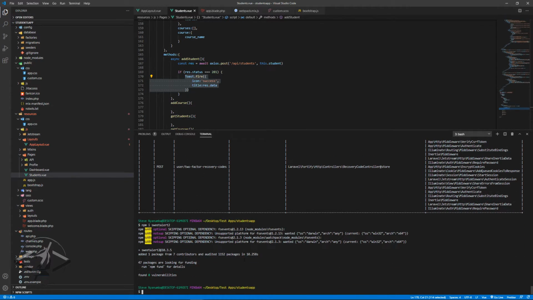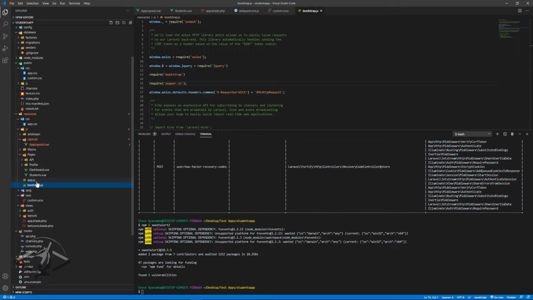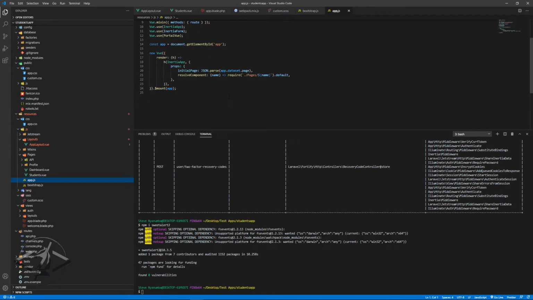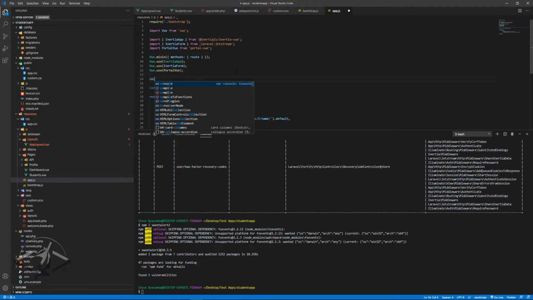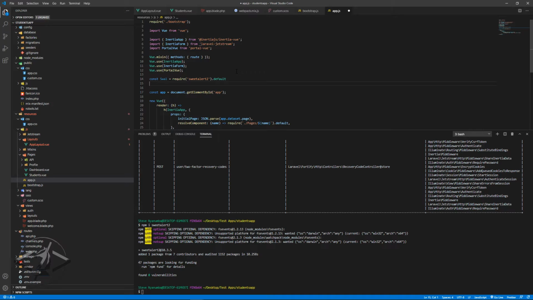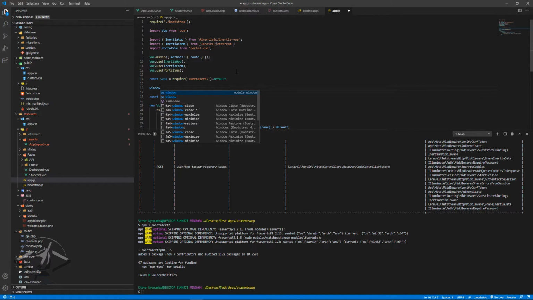So you can see it's doing the thing. Sweet alert is installed, and then what I'll go and do is I'll go to Bootstrap or app. I think I'll just go to app, and then after our middleware over here, that's why I want to do this. I want to do const swal is equal to require sweetalert2, and then outside here I want to do .default, like that, and then I want to do window.toast,